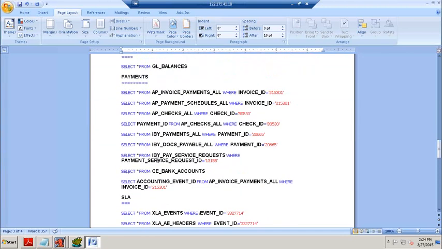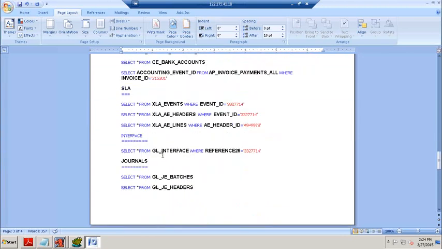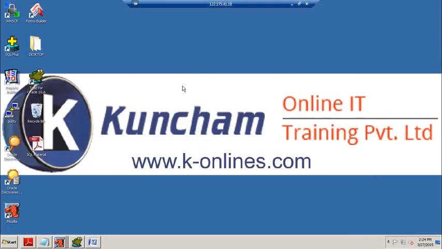These are the tables. The last XLA tables and GL tables are repeated for invoice and for payments, that is, the accounting transactions. Clear, all of you?